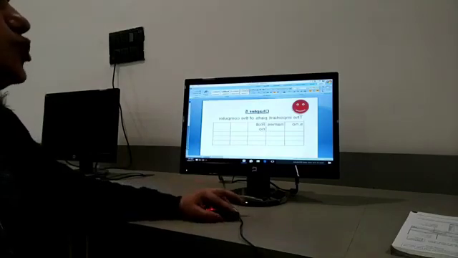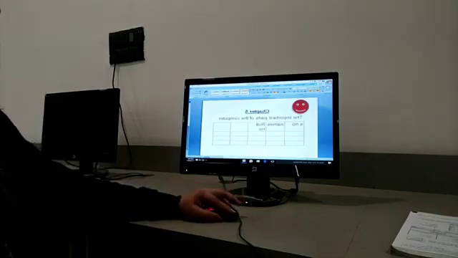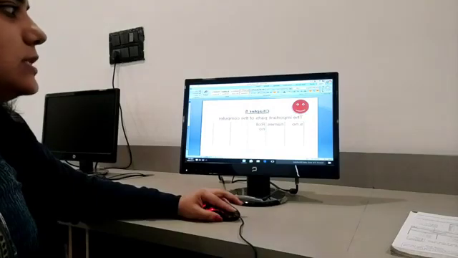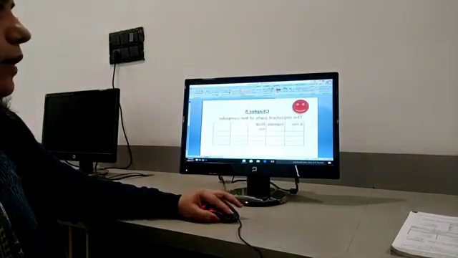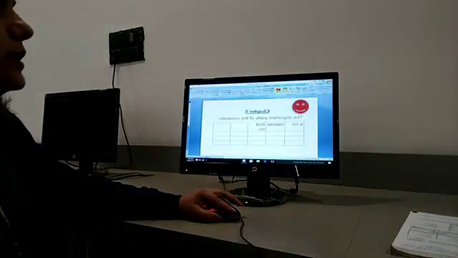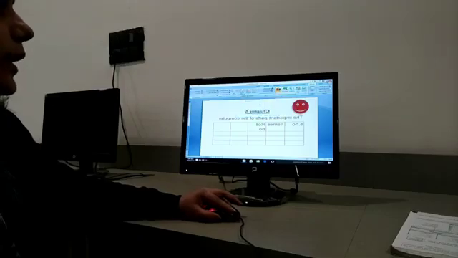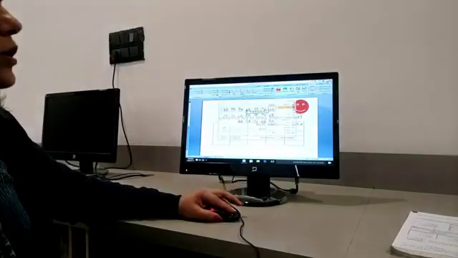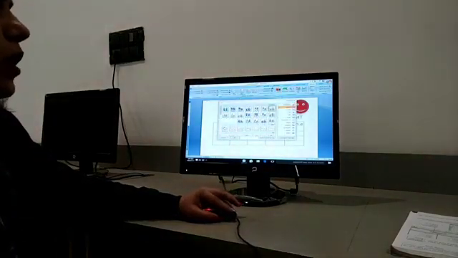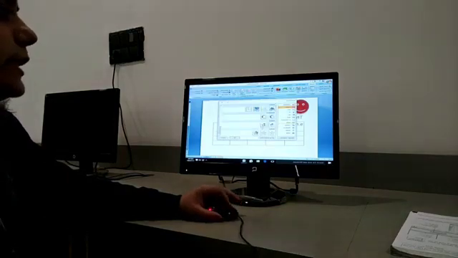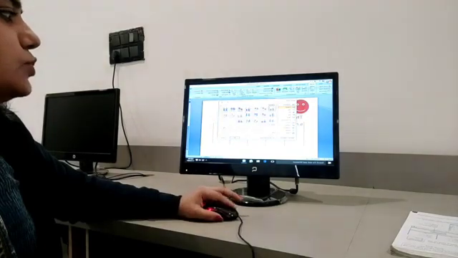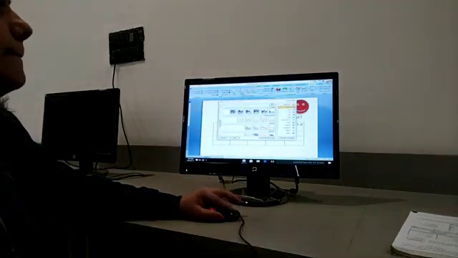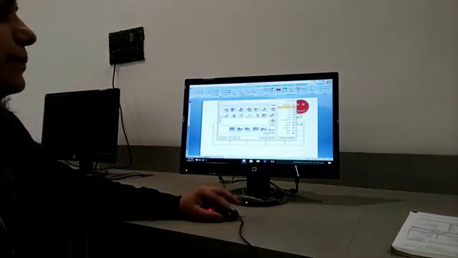Now if I want to make some changes in my file, I can do that as well. So now I start making some changes. If I want to make a chart here, how can I make a chart? I can select a chart from here. I want to choose the area chart.